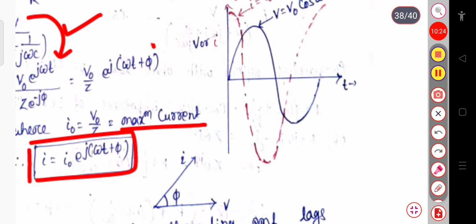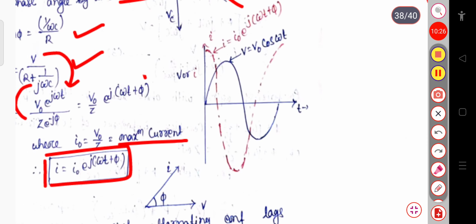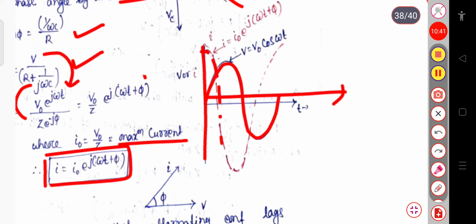Now you can see here, if I plot a curve, this is the graph between voltage versus the time. So the curve will be like this. This is the voltage versus the time. And again, if I draw the curve for the current versus the time, then this is the dotted one. It represents the current versus the time curve. So from this curve we can see that this is the graphical representation.